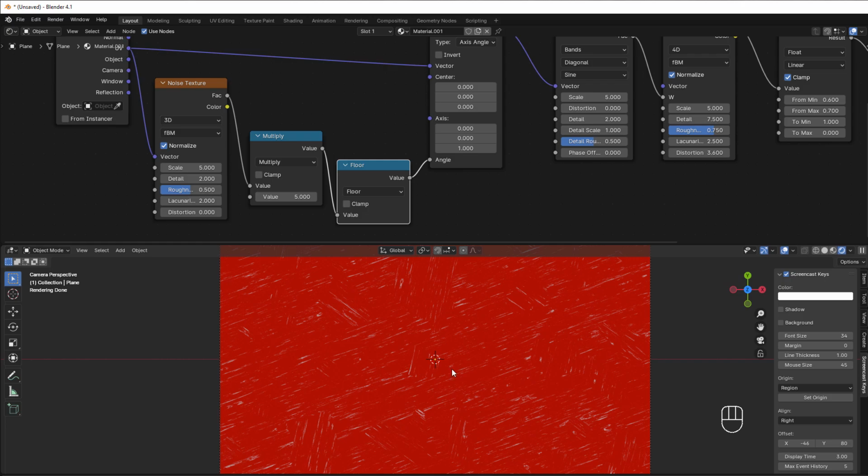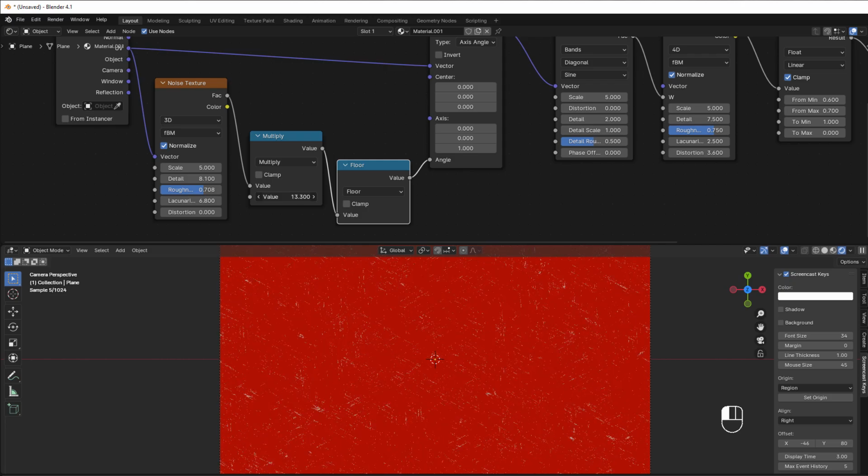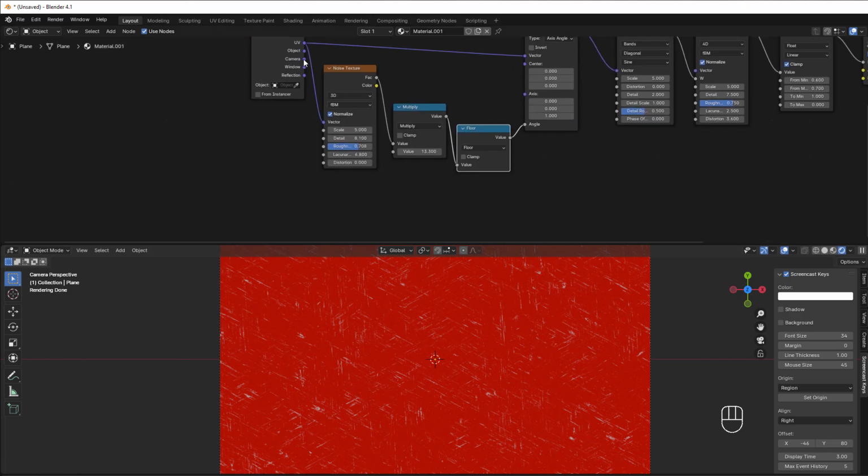scratches but going in different directions, and you can change roughness, distortion and so on if you want it to change more often. So if you take up the roughness, you can see then they get shorter, the same with linearity and so on. And you can of course also change the multiply to make it happen more times. Right now it only goes in 4 directions,